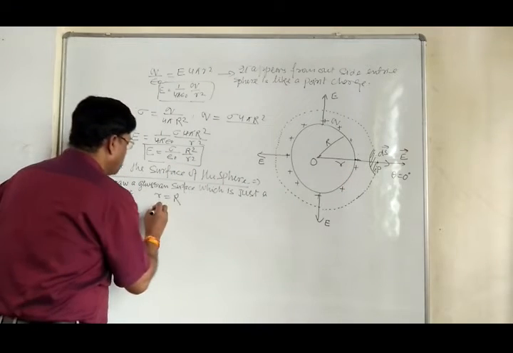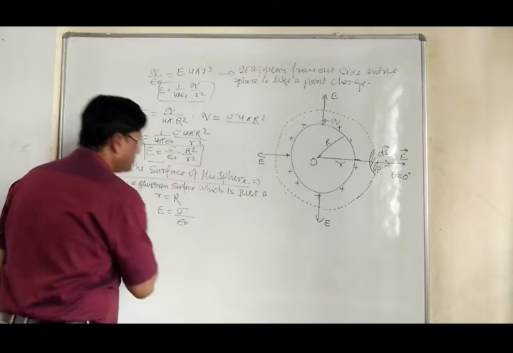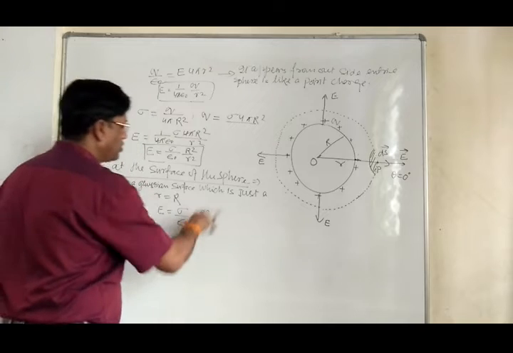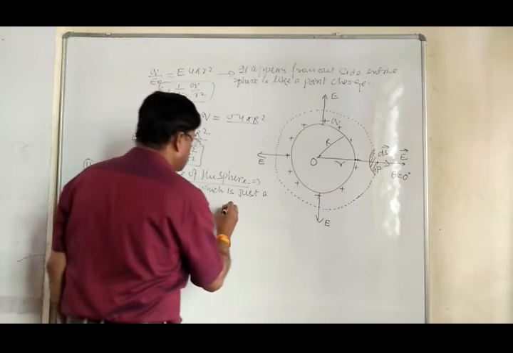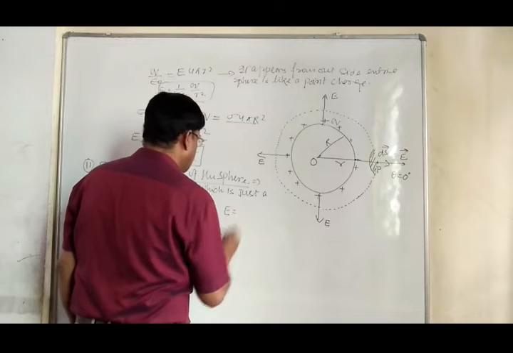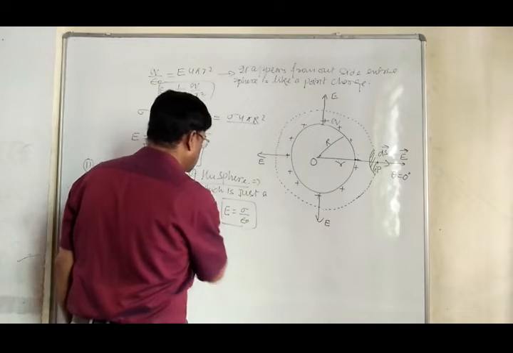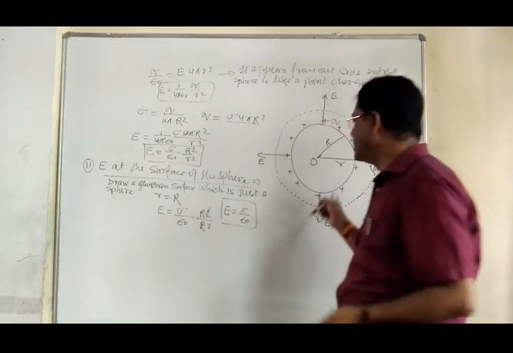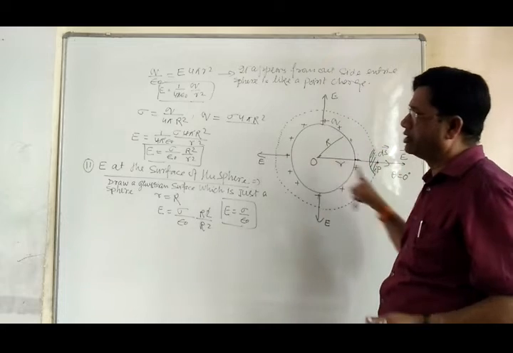Then what would be the next formula? That E is equal to sigma upon epsilon naught, R square upon small r, where r is equal to R. This is also R square. This is gone. Then in this case, E is equal to sigma upon epsilon naught. Means at the surface of the sphere, E is independent of R and that is constant at every point. This is what E is.